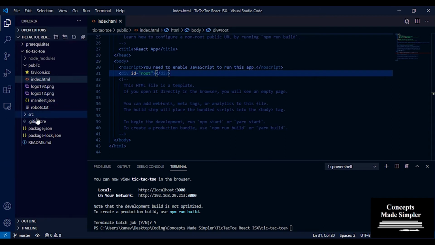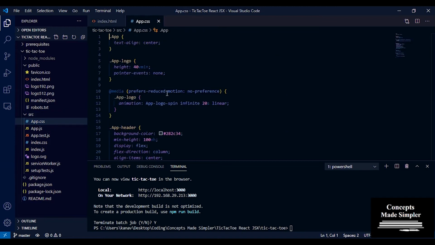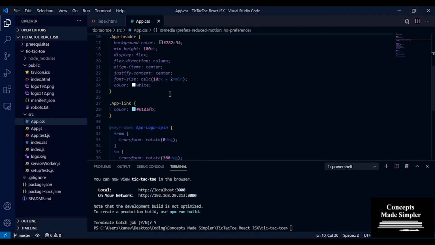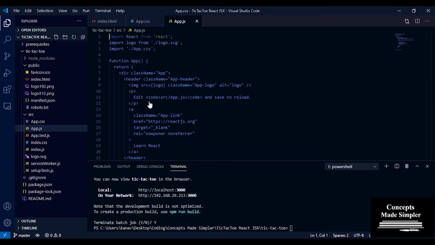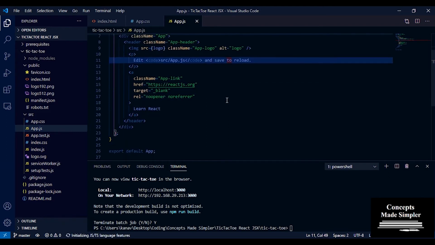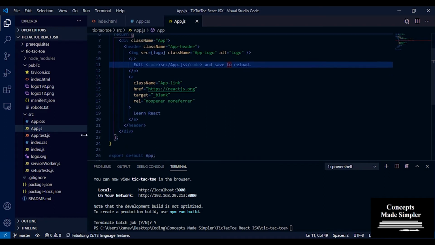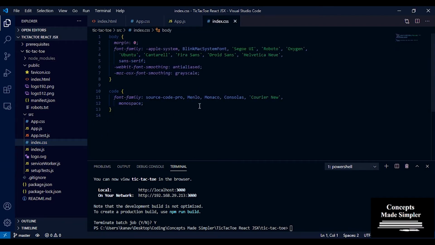And if you open the source folder, you can see that we have app.css, which is all your CSS for the application. You have your app.js, which is just the basic what we saw there. And then you have index.css. Again, these are the different CSS files.